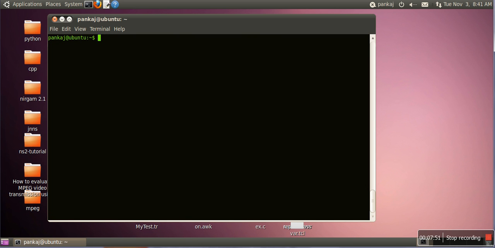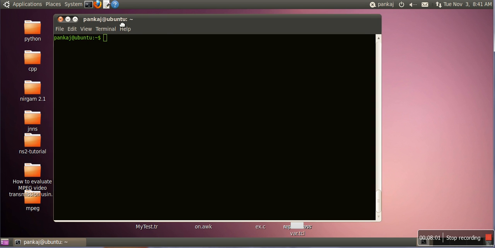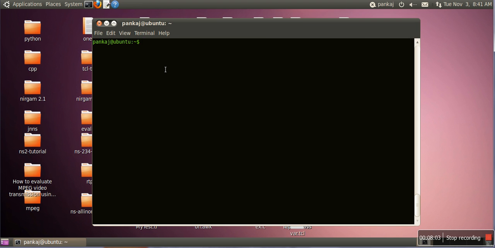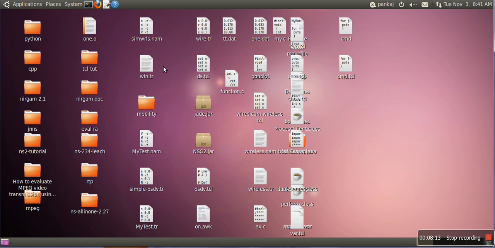So far we have seen ls command, pwd command, cd command, touch command, cat command. If you want to close this terminal, in that case we will run exit command. So these are some basic commands. Other commands we will see in the next lecture of this series. Thank you very much.